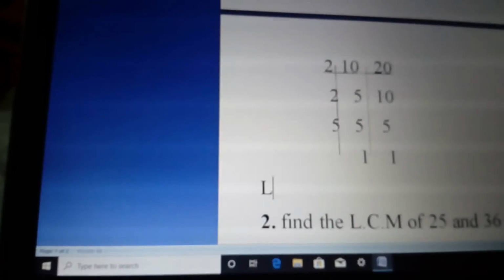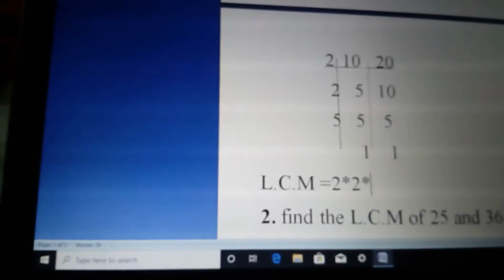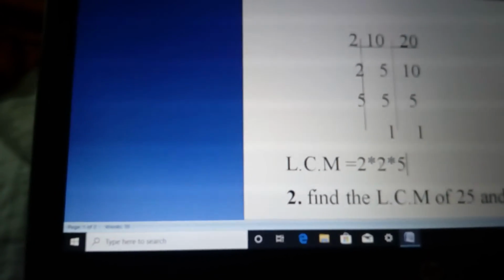So you come down and write L.C.M is equal to, you start multiplying the numbers from the top to the bottom, the numbers you used in dividing this side. So you say 2 multiplied by 2 and multiplied by 5. So if you say 2 multiplied by 2 multiplied by 5, your answer is